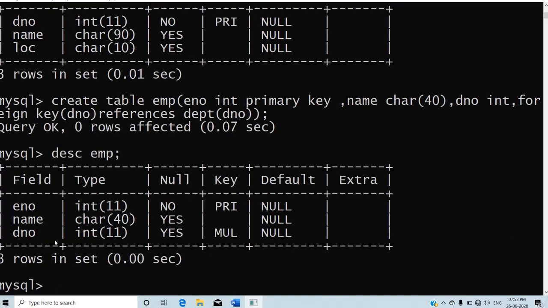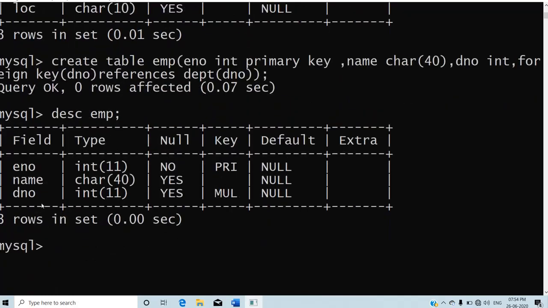Now you can see DNO, the key will be represented as MUL. MUL means it is a foreign key. In that table, DNO is the foreign key which is referring to another table. Which is referring to another table means the value which is accepted inside this EMB table